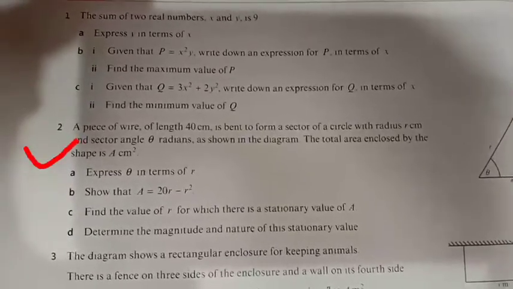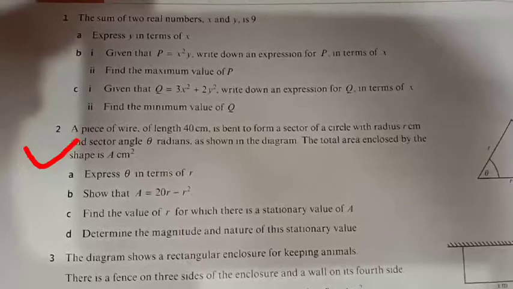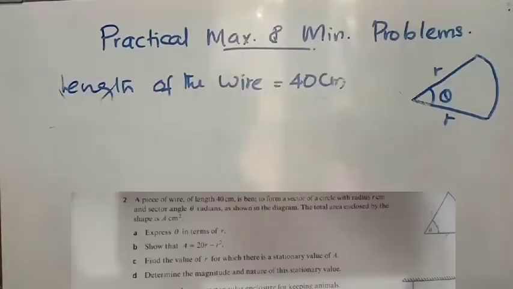Question C is find the value of r for which there is a stationary value of A. And question D is determine the magnitude and nature of the stationary value. As per the question, the length of the wire is 40 centimeter. A wire of length 40 centimeter is bent to form a sector of a circle with radius r centimeter and